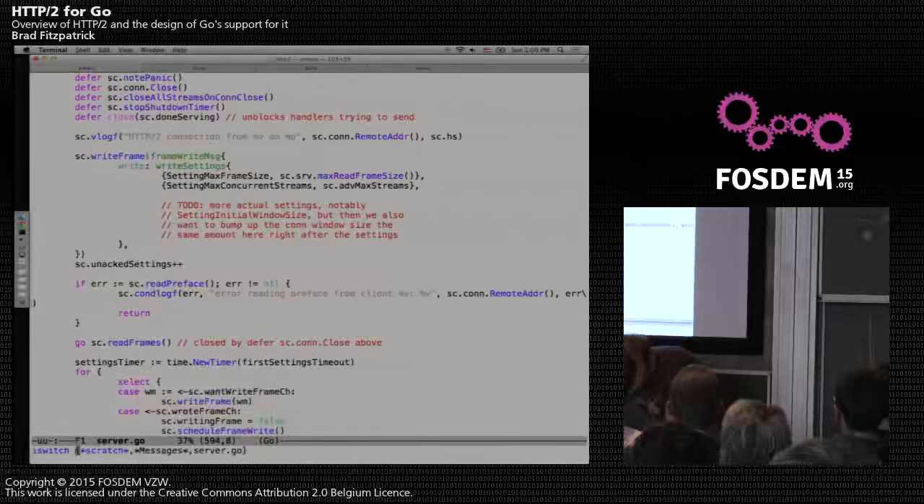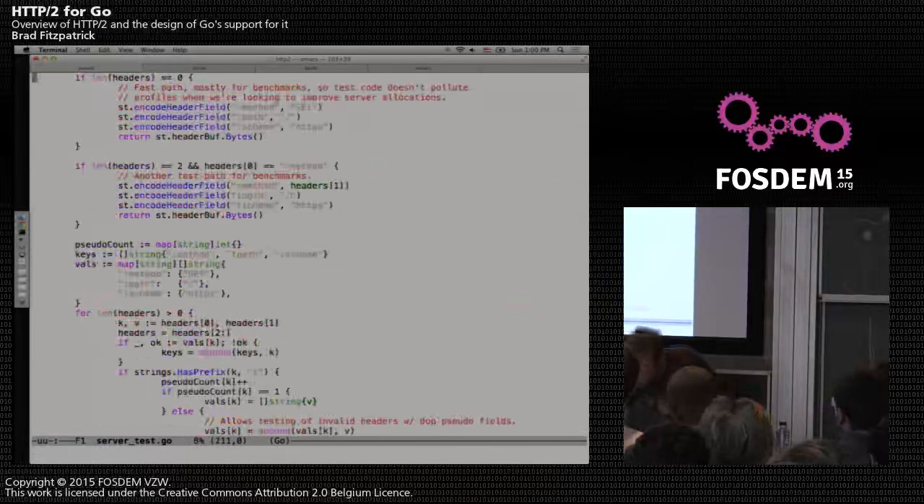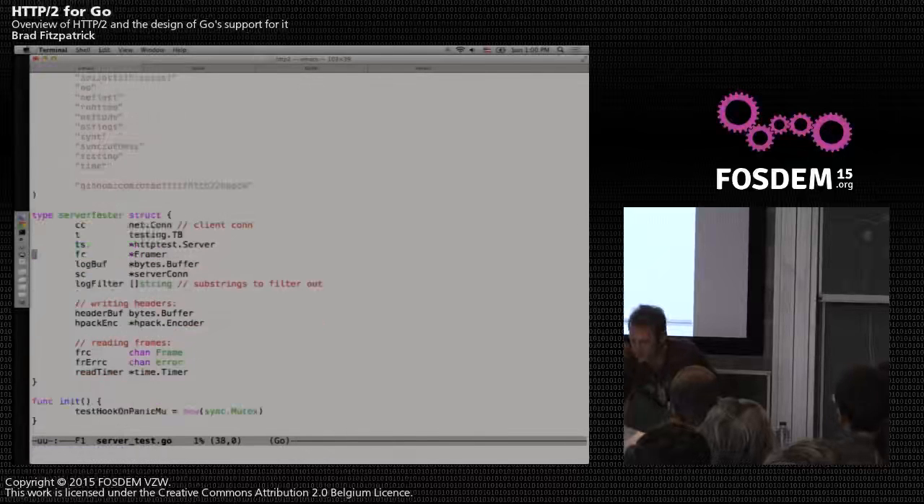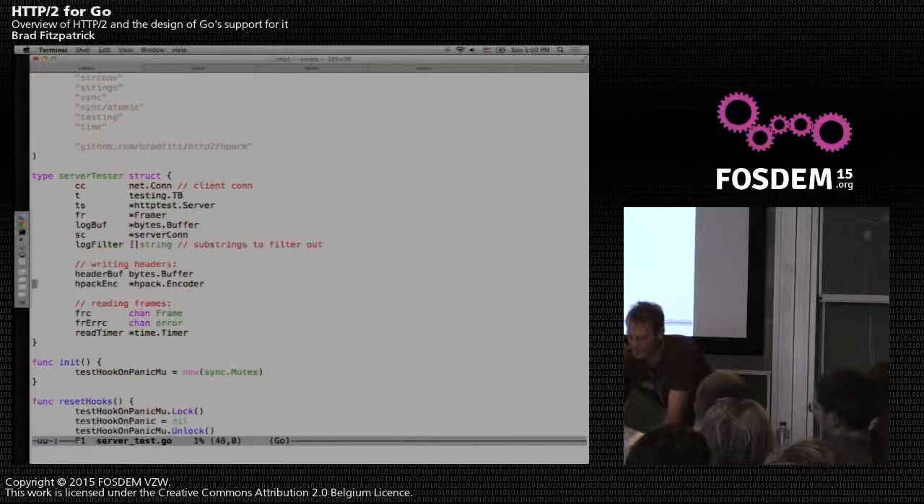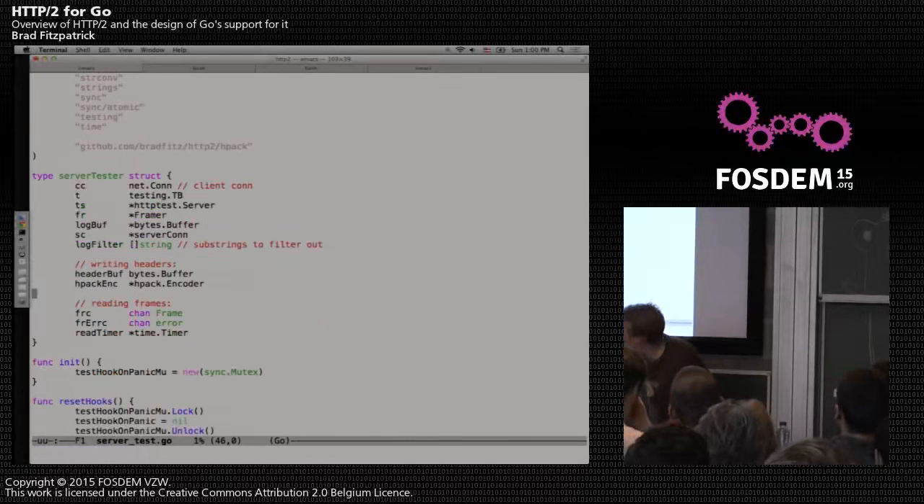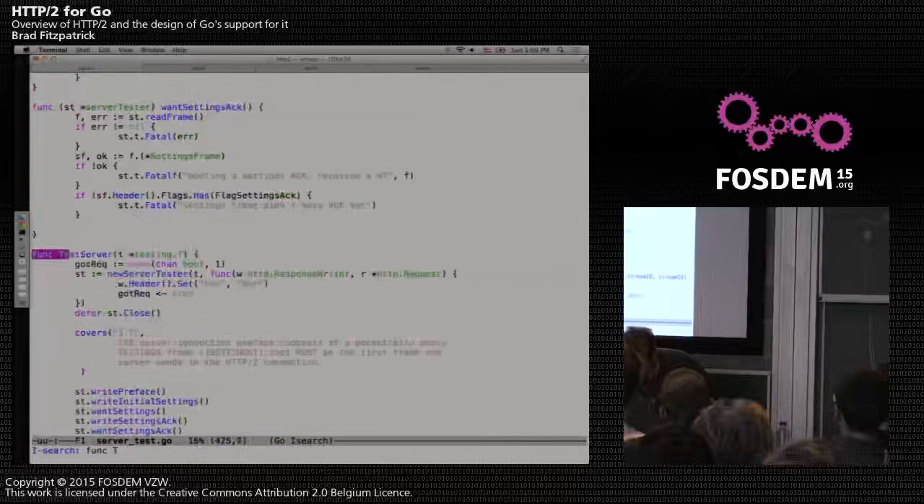So tests are fun. There's whole bunches of tests in here that do things like, so first I made a type called server tester, just so I could make the other tests down below easier. And these have lots of little convenient methods for doing stuff. But then I'll have a test like,